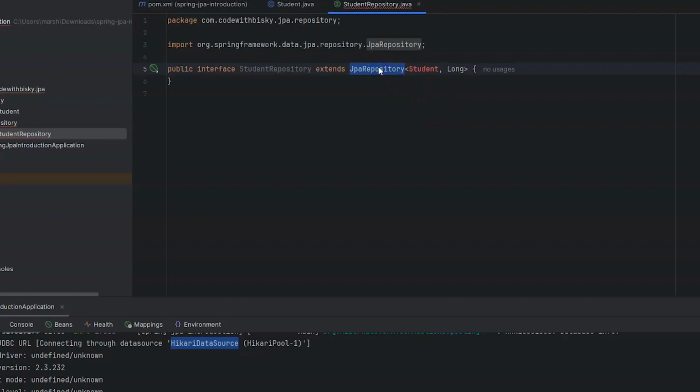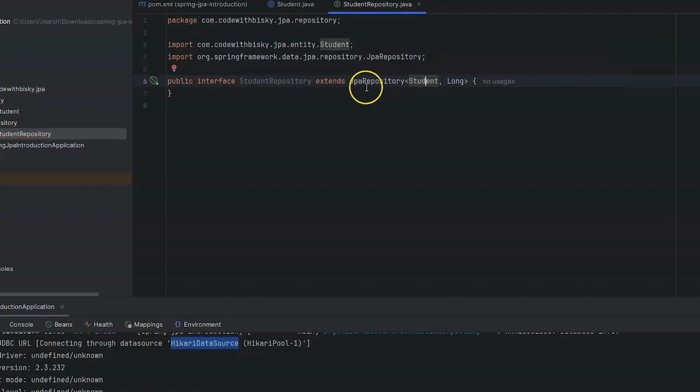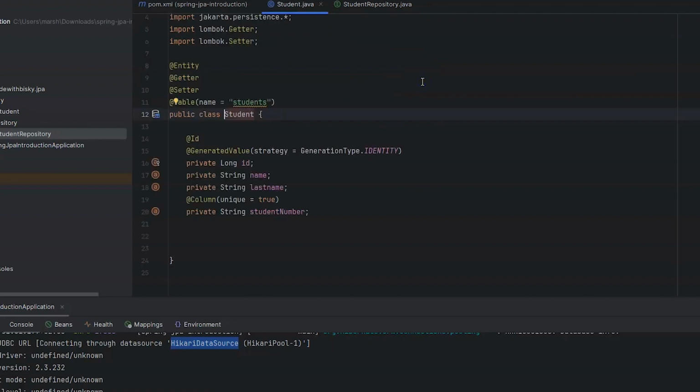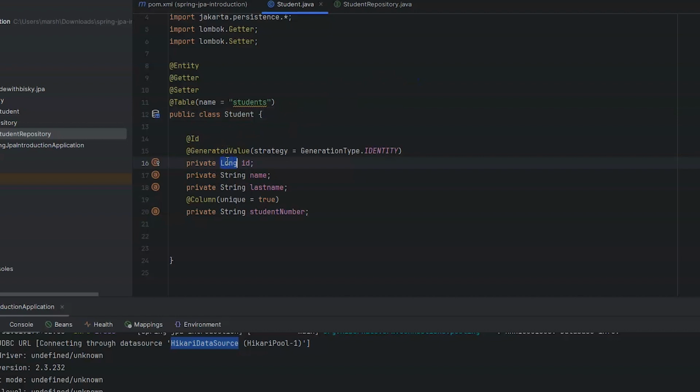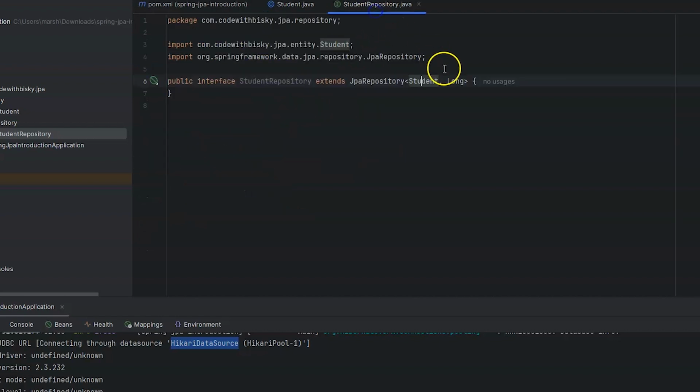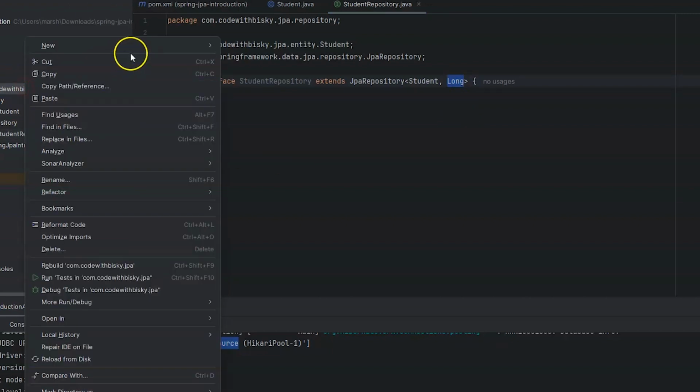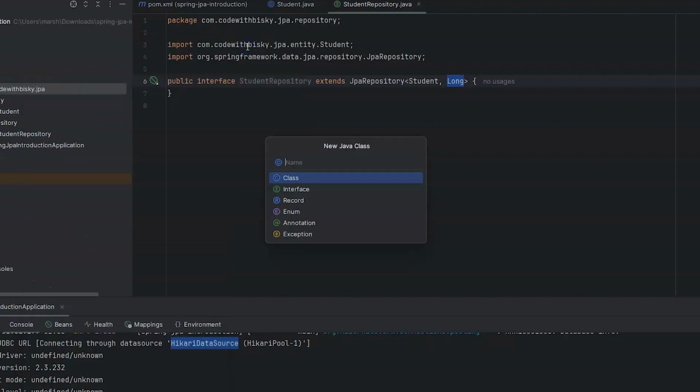Since this tutorial is for JPA, you can think of using JPA repository, and the repository is the interface that we want to use to store a student into our table, and the ID, this one means the ID of our class is long, so that's why we put long here. So the next thing, let's create a class to save this student, and I can create a new Java class and I can say student